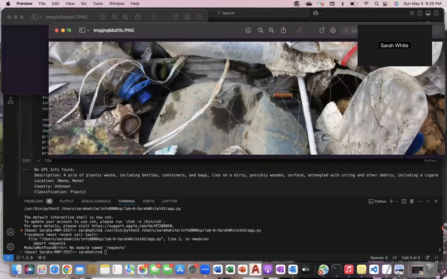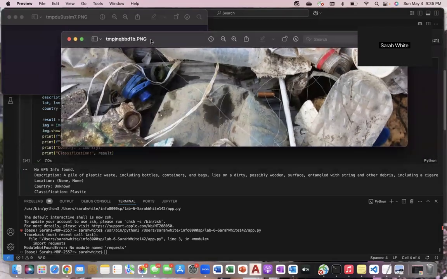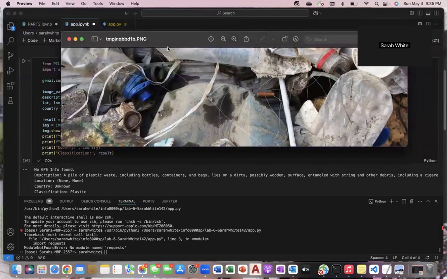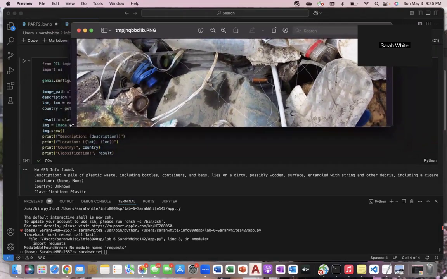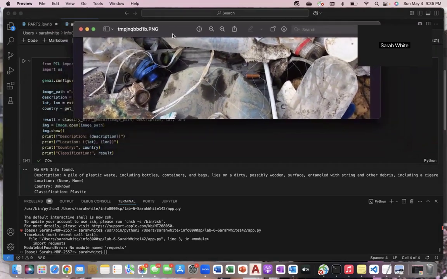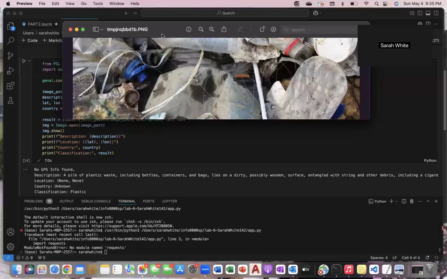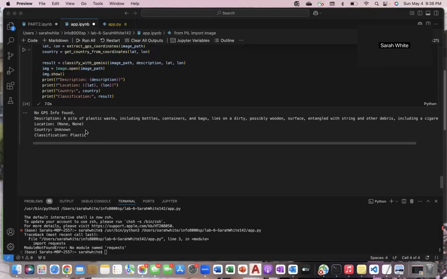So this picture was taken directly from the marine debris website, and since it had multiple different items in there, I was curious if it would also say that this was plastic, since most of these items in here are plastic. But it does identify this image as a pile of plastic waste, and this one also does not have any kind of GPS information in it. And then